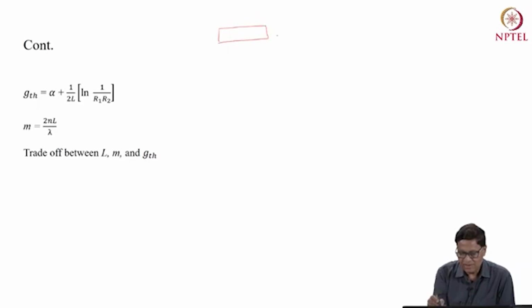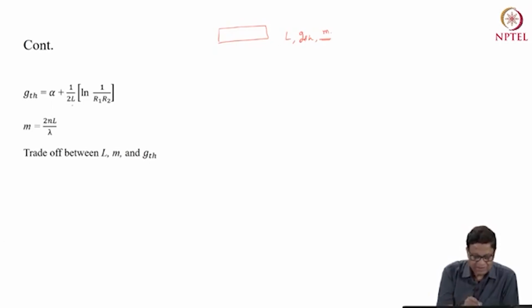So there are three things which is in the hands of designer: the length of the cavity, GTH, and M. So as you see, there's a trade-off between L, GTH and M. So if you increase L, suppose the L increases,